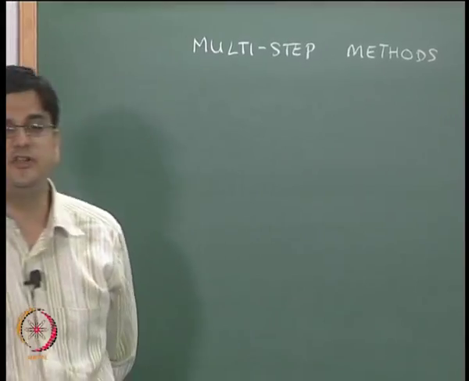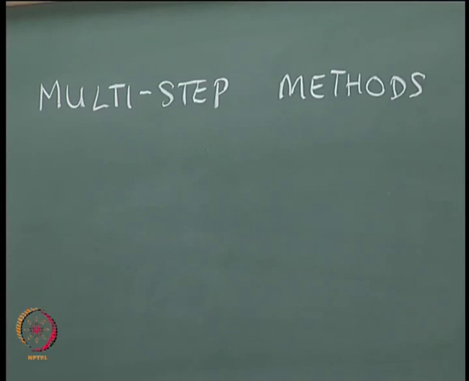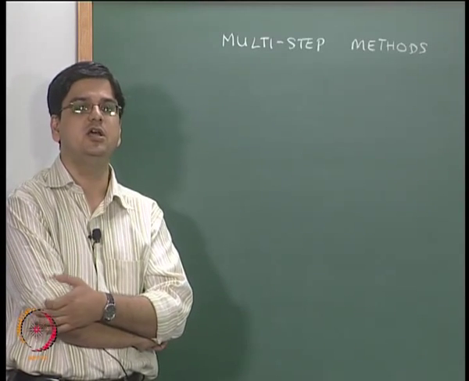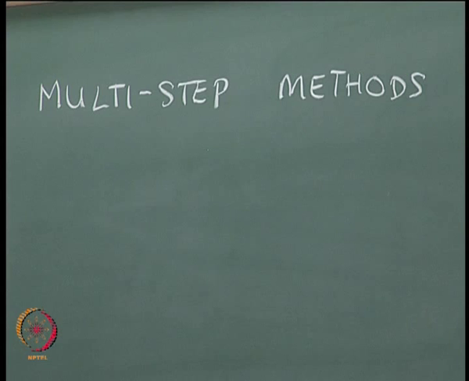Okay, so the difference between the Runge-Kutta family of methods and the multi-step methods is this: in the multi-step methods we are going to use the past information, whereas in the Runge-Kutta methods we discarded all the past information and used the information only at yi and ti. However, in order to reach yi from y0 we have collected information y0, y1, y2 up to yi, and that information can presumably be used in order to, one, improve the accuracy of this method, and second, perhaps to improve the stability of these methods.